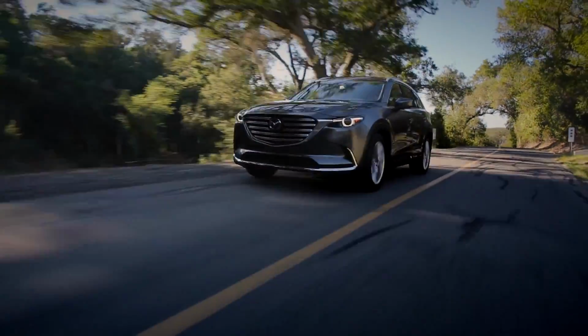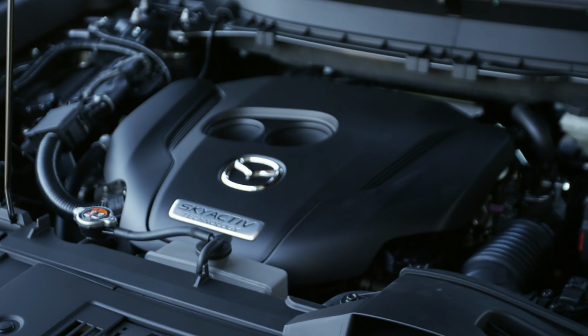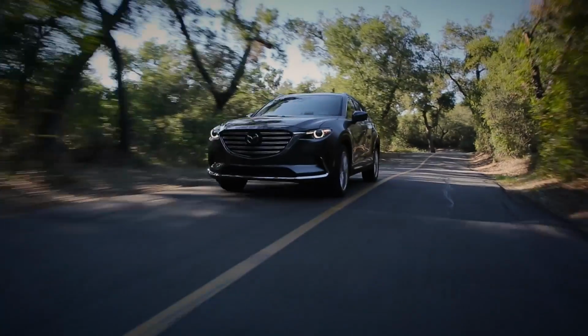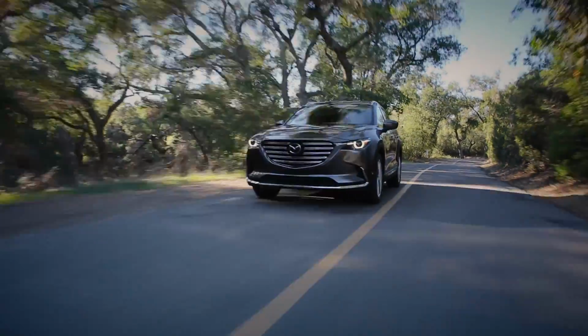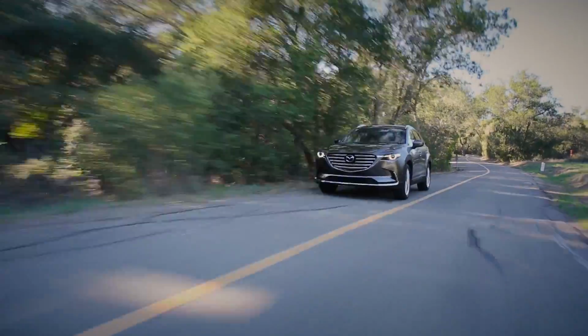When you're driving a big 7-passenger SUV, you're not revving it to the moon all the time. You want really great control out of the hole and when you're passing someone. So we focused this engine's performance on torque. It makes 310 foot-pounds of torque, a lot more torque than our big V6 that we had before. And this really pays off in drivability and controllability, and really it makes the car feel faster in most of